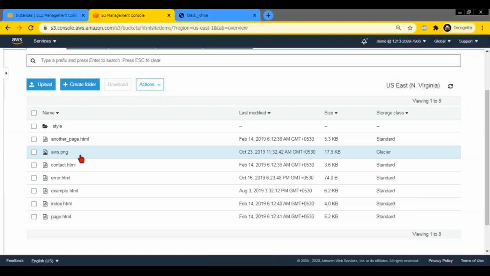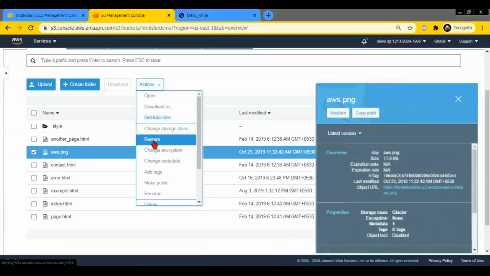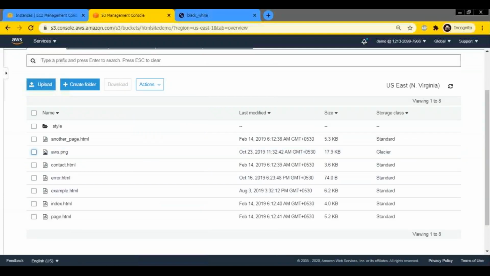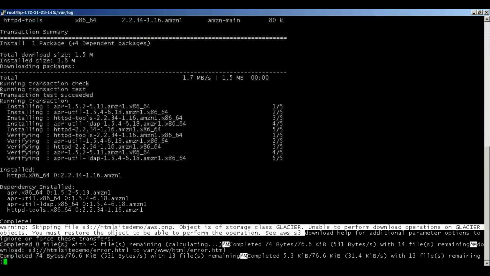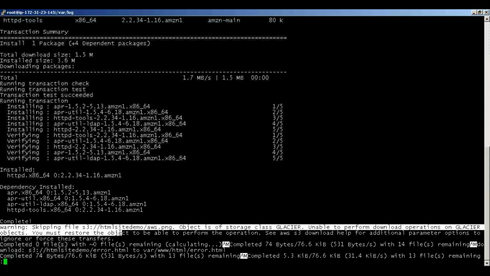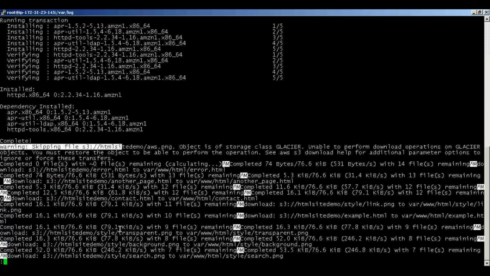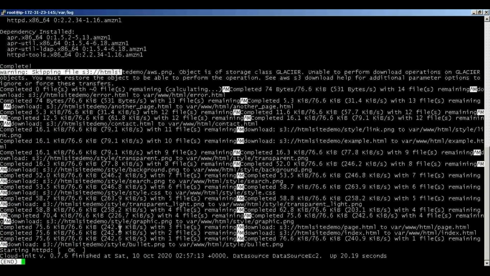You have to request it to be restored first. You have to first restore, and only then can you download. Directly you can't. So suppose you are not able to see this file on your website or whatever, here you can see why it didn't happen. It says skipping this file because it is in the Glacier storage class, we are not able to download. And then for the other files, whether they were able to download or not,